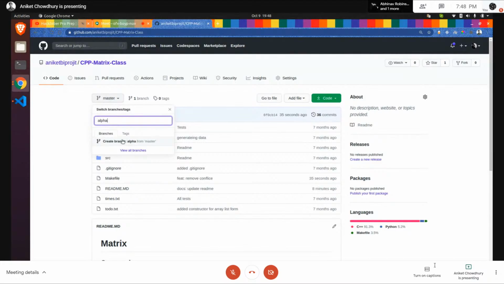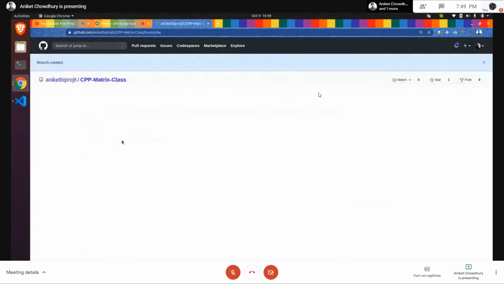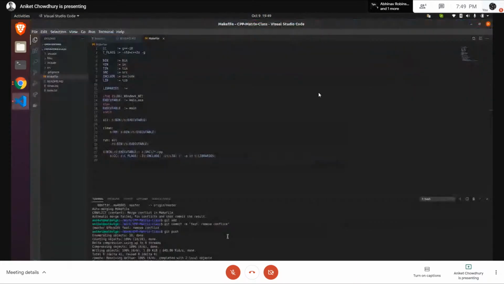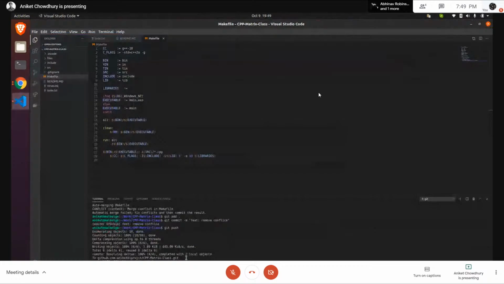Master used to be the default branch before the 1st of October. But then GitHub decided to name their branches main now. So the default branch is now called main instead of master. This was done to remove the master-slave terminology. It's a bit controversial, so they shifted to main instead of leaving it as master. So if I do a git pull now, I should get the update that there's a